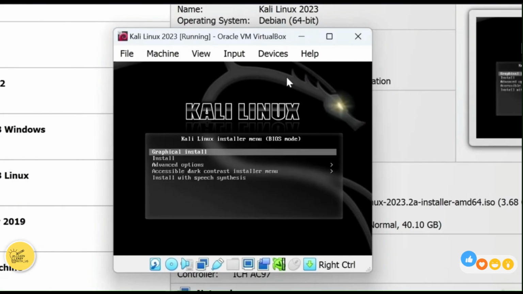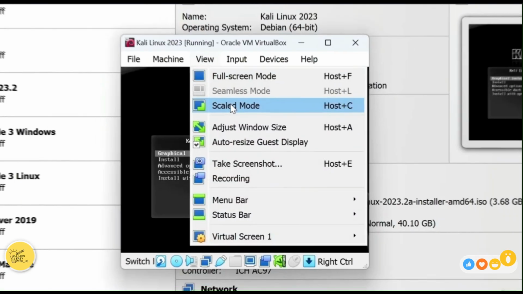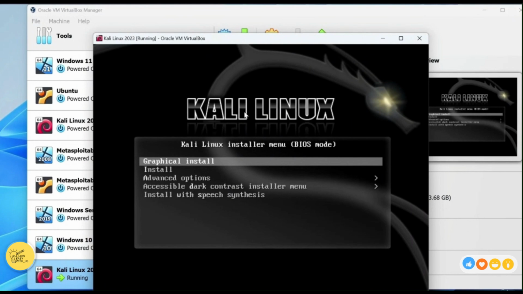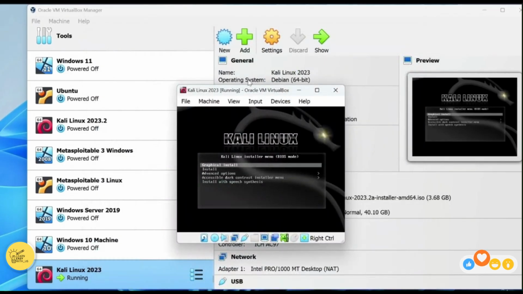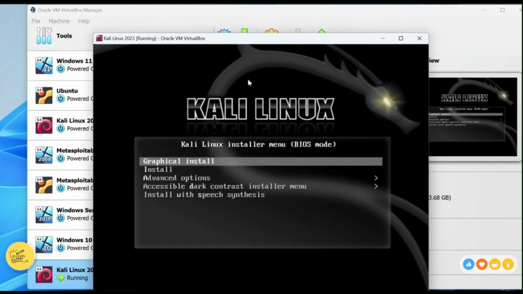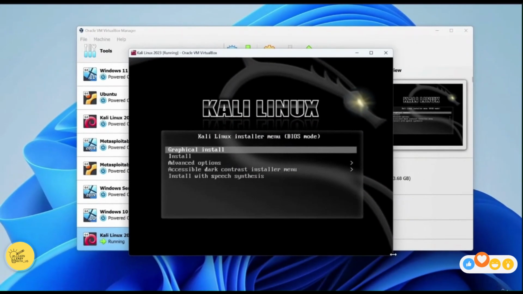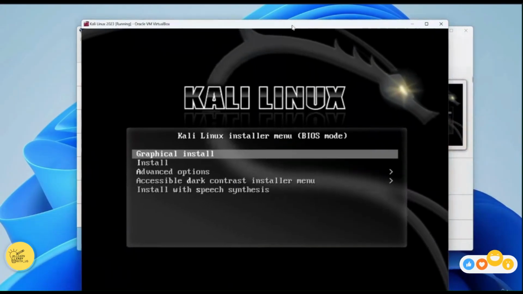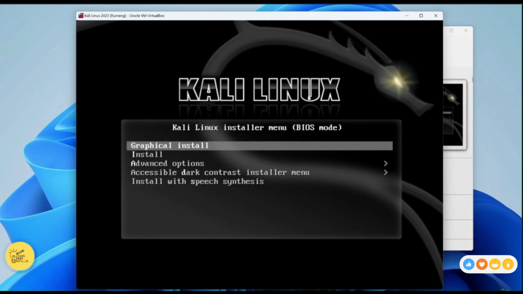Now, since this window is quite small, I'm going to click on View, and I'm going to enter scaled mode, which will enlarge this window a little bit. To enter scale mode, you can simply do what I did, and to leave scale mode, you use right control button and C. So right control button and C will enter scale mode, and it will also leave scale mode. From here, I can just enlarge this screen a little bit so we can see everything better, and now we're good to go. So I'm going to select graphical install, I'm going to press enter,